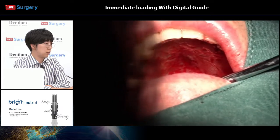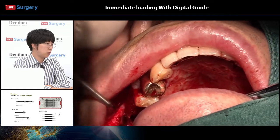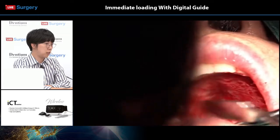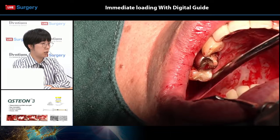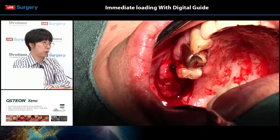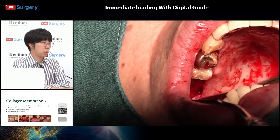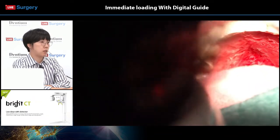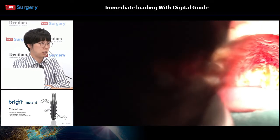Okay, so by reflecting the flap a little more to the apical portion, the surgeon can check that the implant platform is completely inside the bony housing. If it isn't, then he'll have to decide whether some amount of bone graft would be necessary on the buccal side, because usually there may be some amount of dehiscence on the buccal side after implant placement. I think he would be